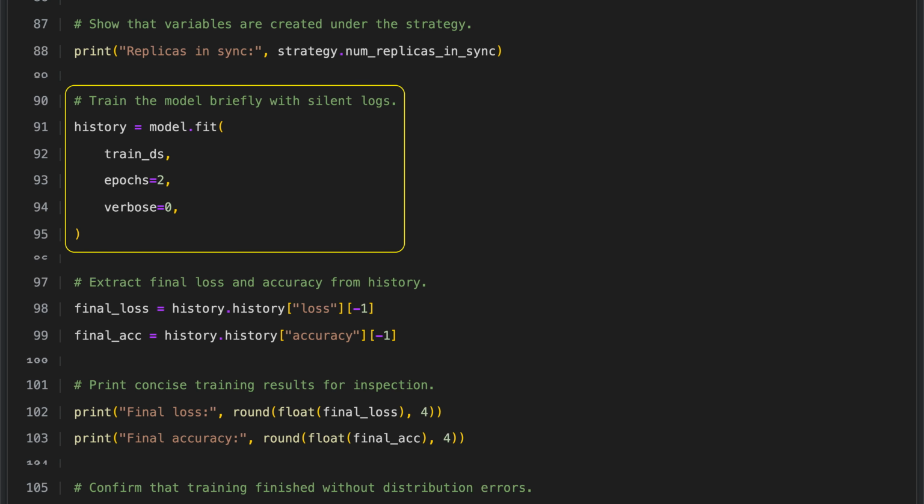The model is trained using the fit method, which takes the training data as input. Training is run for 2 epochs, so the model goes through the entire dataset twice. The verbose setting is turned off to suppress training logs, keeping the console output minimal and focused only on essential